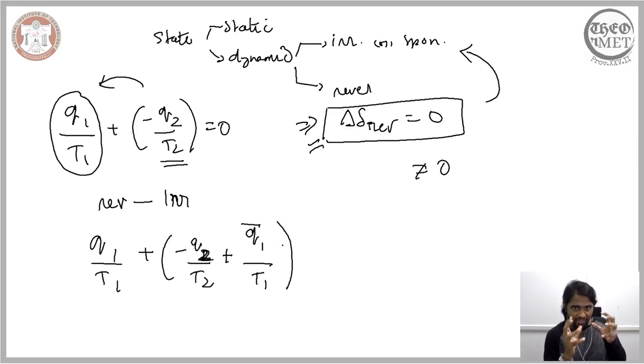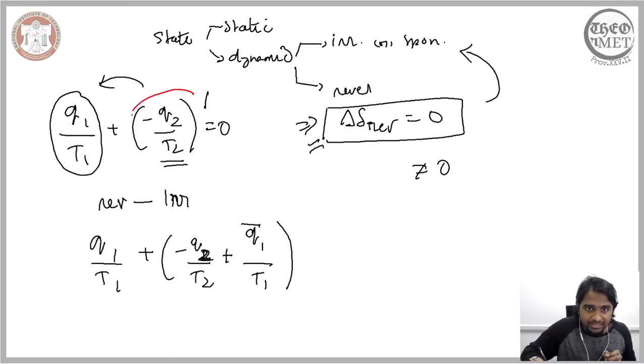Let me repeat. Whenever you have a reversible process with a fixed heat input, there needs to be a specific amount of heat output that is given out by the system. When the system fails to give out this specific amount of heat, then the system experiences an irreversible change. Now, numerically, during this derivation, when we want the system to not give out the required amount of heat to complete the cycle and make it completely reversible, then we need to reduce this term here. So this term, let me highlight it in red, needs to be reduced